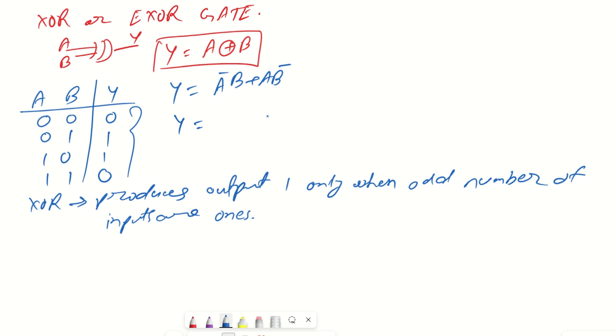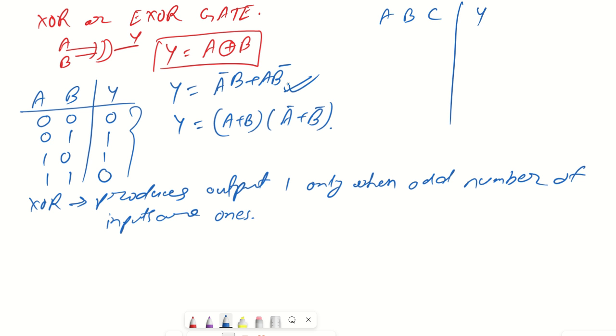Okay, so it can also be written as (a + b) into (a bar + b bar). So this is another expression for the XOR gate. Mainly, the expression that is most commonly used is a bar b plus a b bar. Okay, now can you quickly tell me, if there are three inputs a, b, c, what would be my output